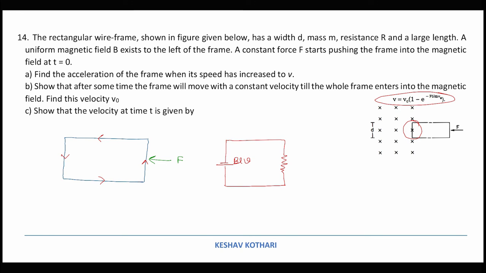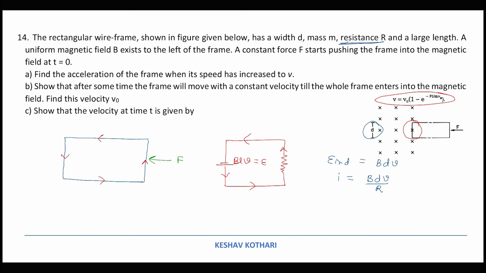So these two arrangements will help us in understanding every bit of this particular problem. The EMF induced formula is BLV, which we have learnt, and the direction of current will be in this way as we have already seen. Now the first set of calculation which we need to do is this: the width is d in this case. So the EMF induced will be equal to B d v, and because of this, the current that is going to flow in this segment is going to be B d v upon R, where R is the resistance which is given to us.